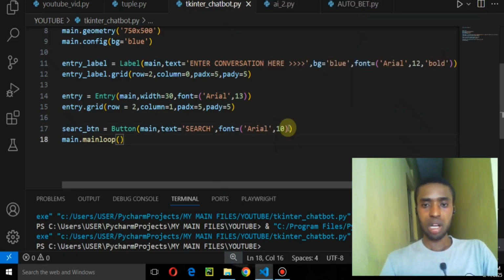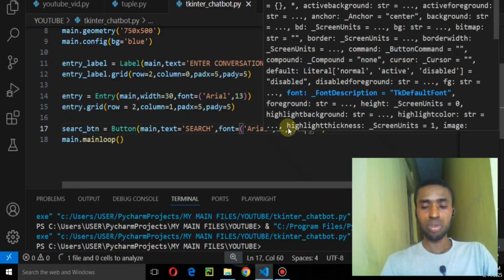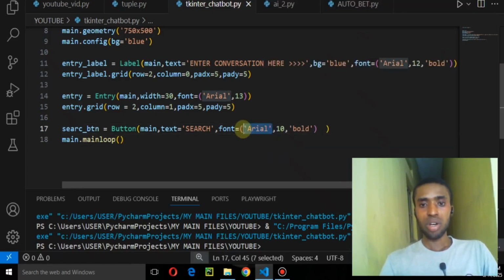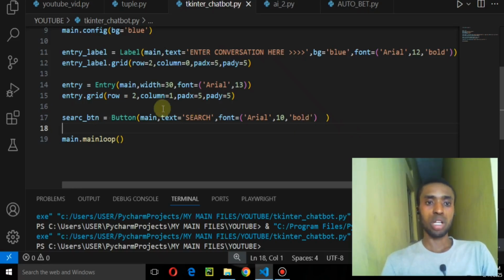And then the next thing that we might want to add here is actually going to be inside here. I'm going to set it to be bold, just like saying Arial, and then the size is going to be 10, and then want it to be bold. So the next thing we are going to do, you can add other parameters of your choice, but we are going to